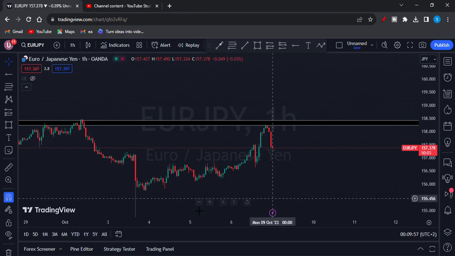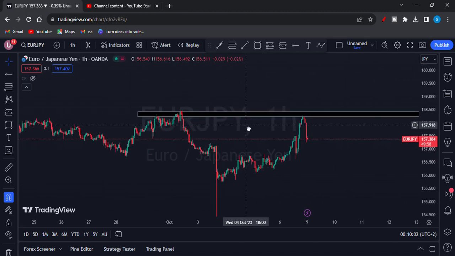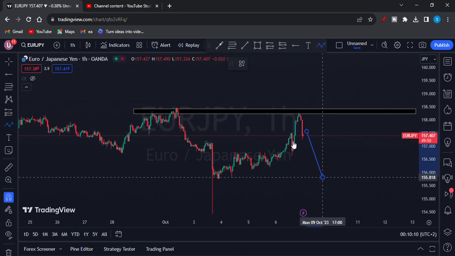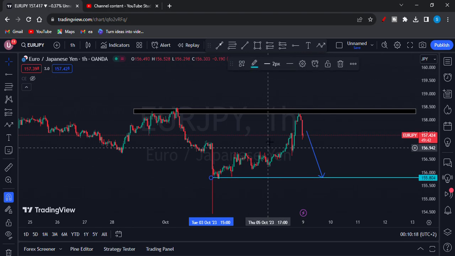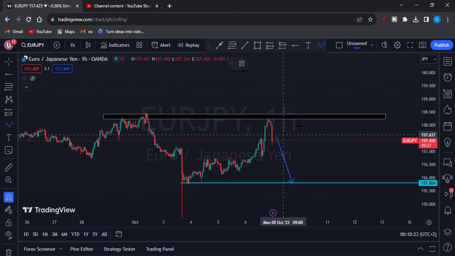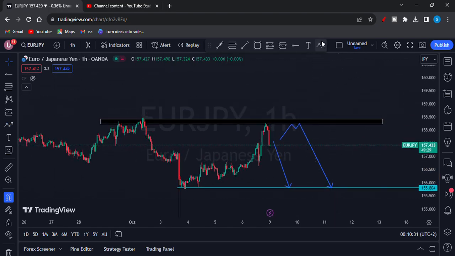So on an hourly, the market pushed to the downside, so it's possible that maybe we can push potentially up to here, or maybe it can retrace, maybe give us a double bottom and then continue, or it can even continue with the overall trend, which is